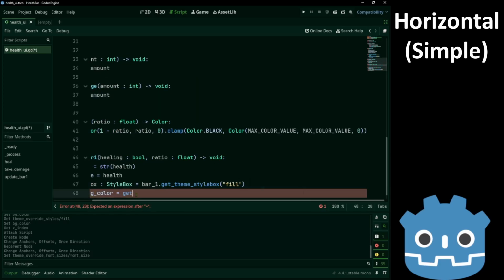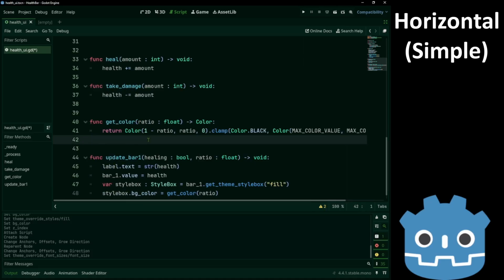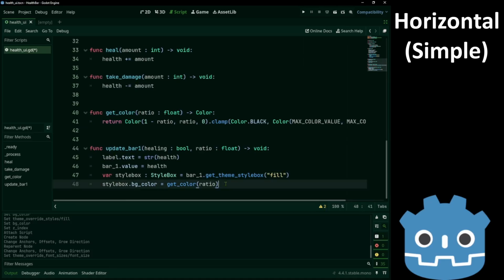So now we can say get color and pass the ratio. Okay.